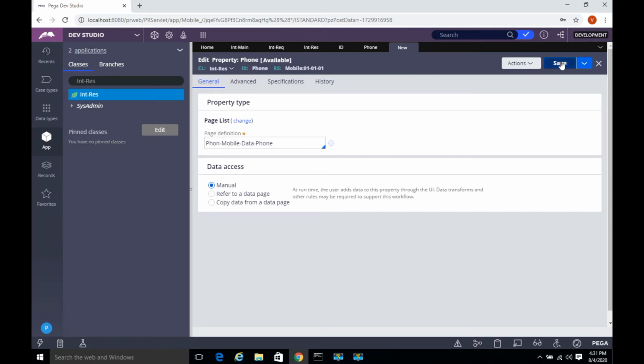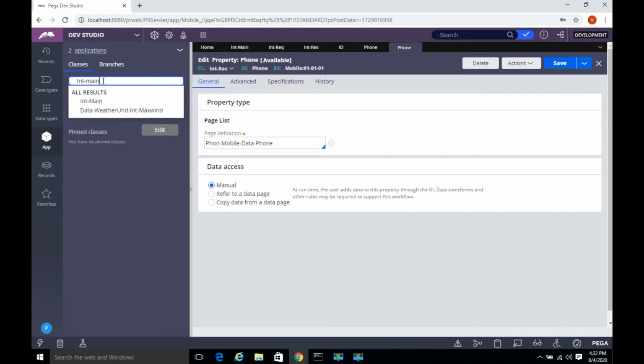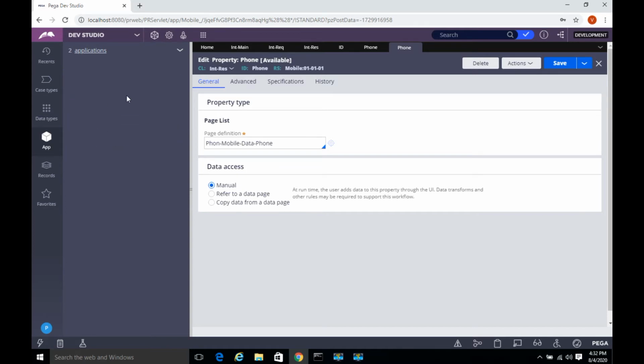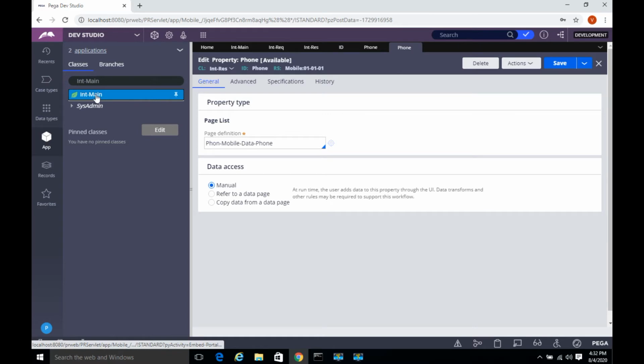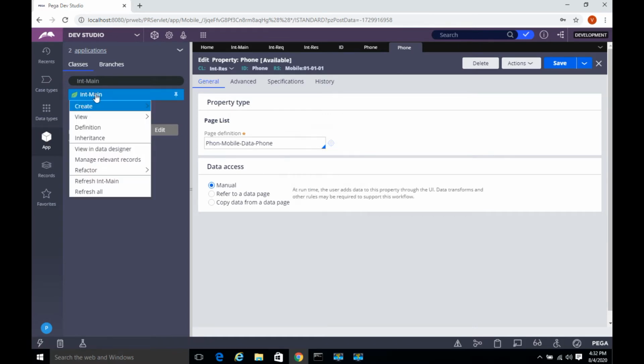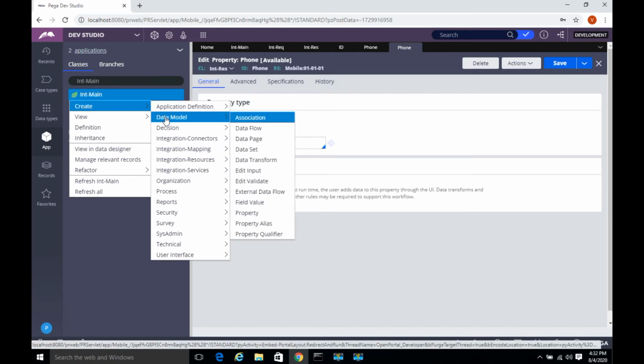Yeah, next, save. Now we are done with creating a page list property in the response class. You need to find the main class. Yeah, this is my main class. Right click on the main class, create data model